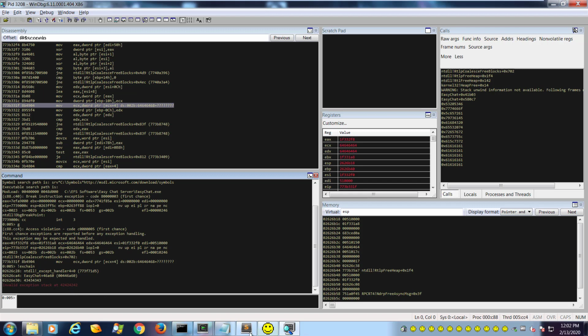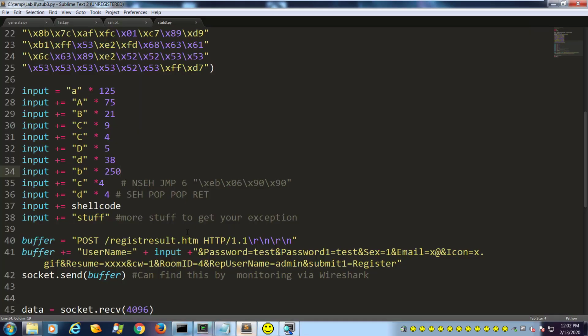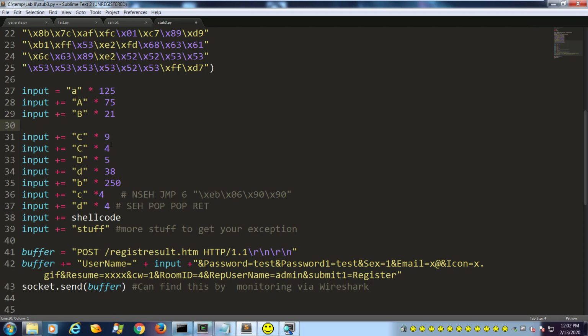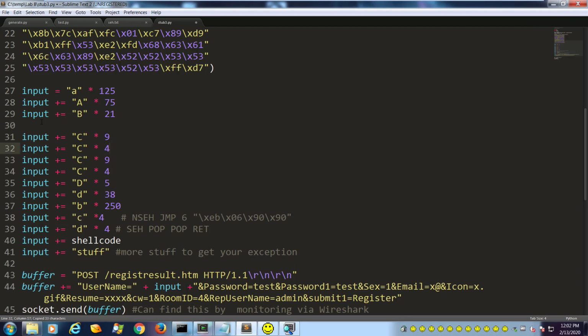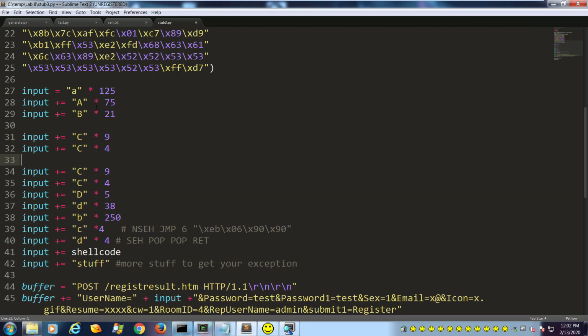Four two, 4-2, and 4-3. So maybe. So got the last 4 of these B's, the first 4 of these C's. So let's do it like this. Change that to